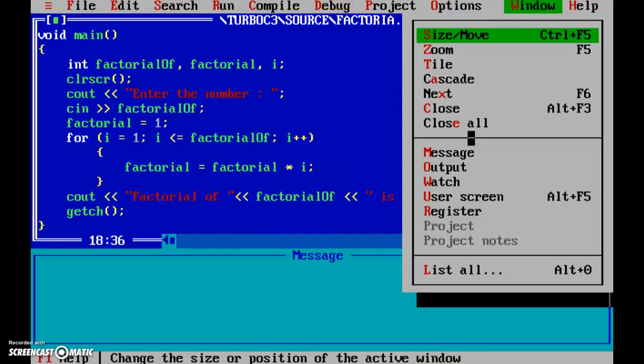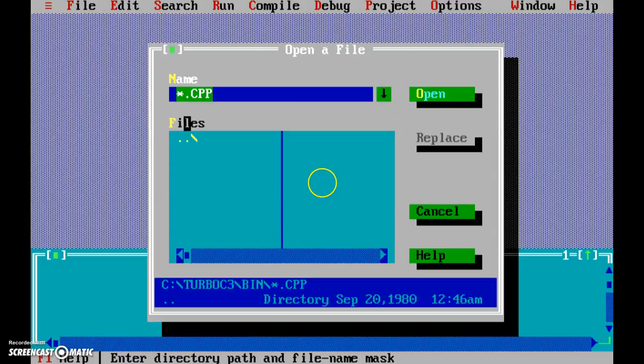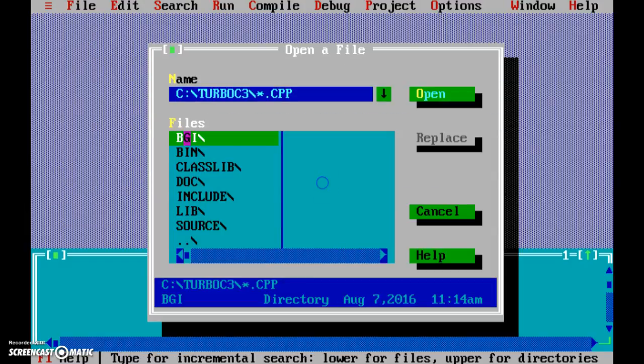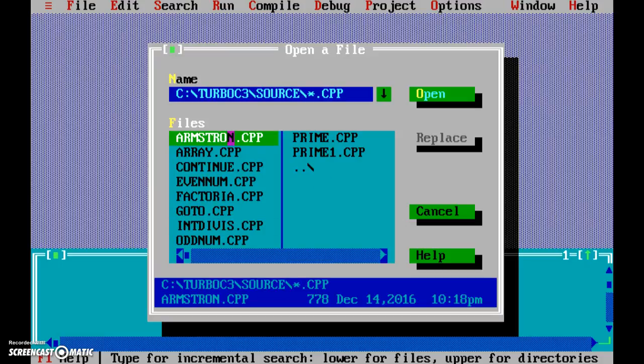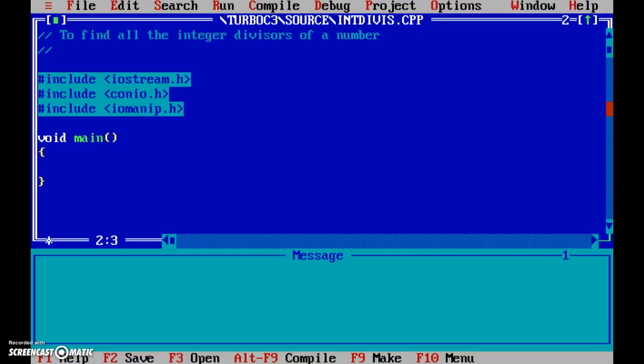Okay, let's look at the next problem. We have to find all the integer divisors of a number. What does that basically mean? It means if the user has given 10 as the number, then we have to identify all the integers